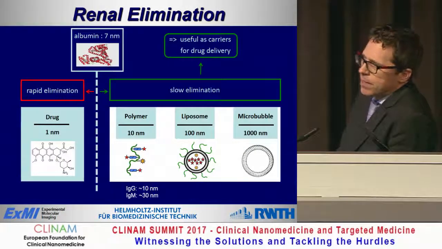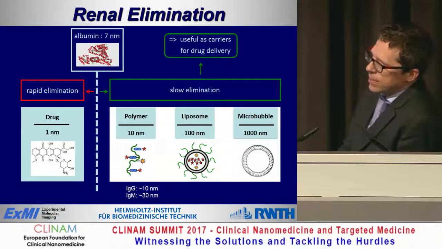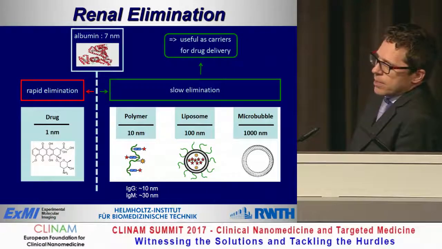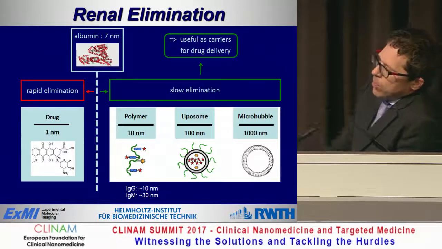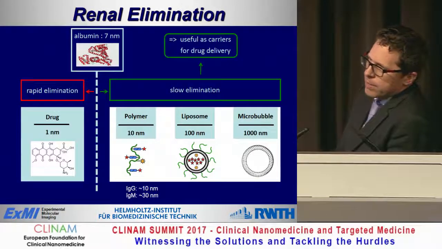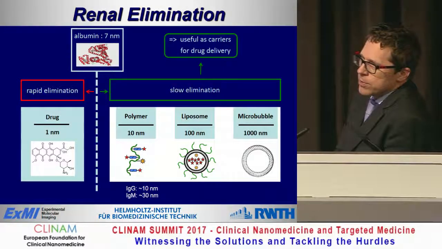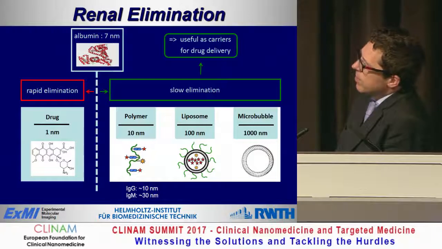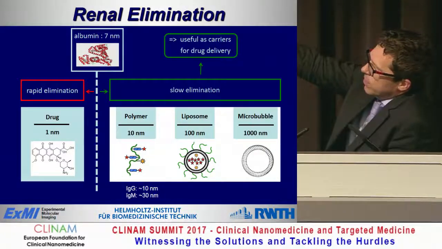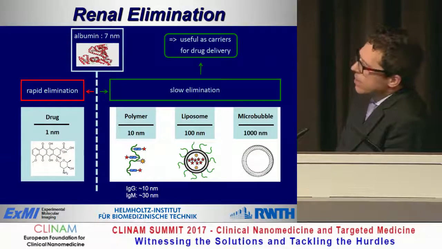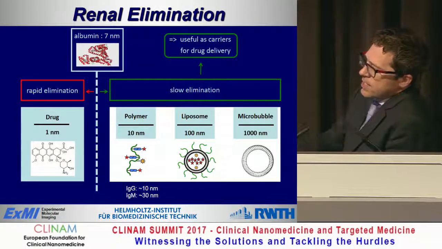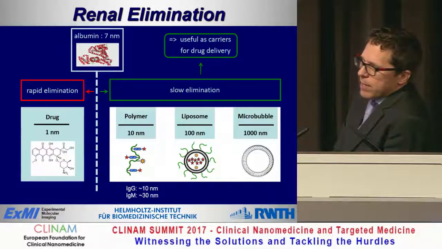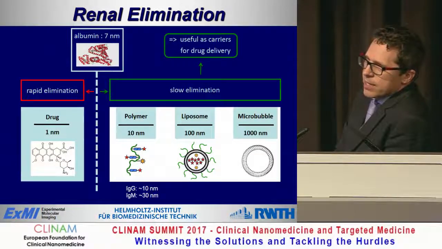that should be targeted. And if we consider these points, we have to consider the renal elimination threshold, which is about 7 nanometers, the size of albumin. And we have to take into consideration that everything that is smaller will be eliminated by the kidney, thus may have a short circulation time, but everything that is larger, except is rapidly taken out by the reticular endothelial system, will circulate for longer periods of time and may thus be better useful as an EPR-based drug delivery system. But still, there's a big range in sizes that we have to consider, starting from 10 nanometers up to 1,000 nanometers. And the question is really which size is ideal if we want to develop a drug delivery system, and which size is ideal to do active targeting.